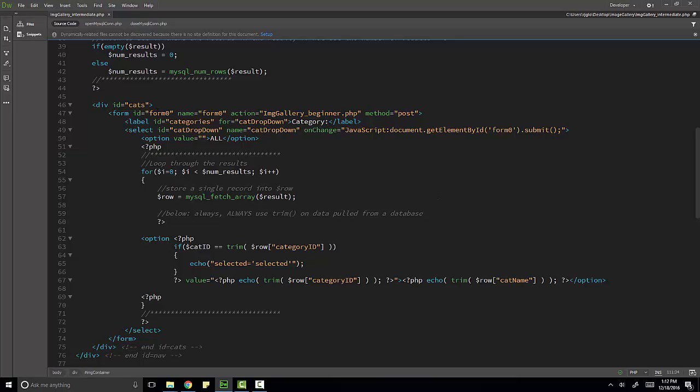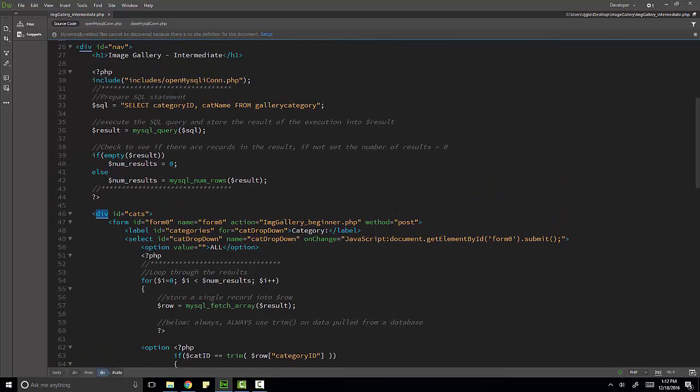So this first part here, inside of this first div, ID equals nav, we'll look at it first, and we'll still be selecting category ID and cat name from gallery category. We're going to use those same two database tables that we had there. I'm going to make a modification because in this example we've got a couple of different queries that are going